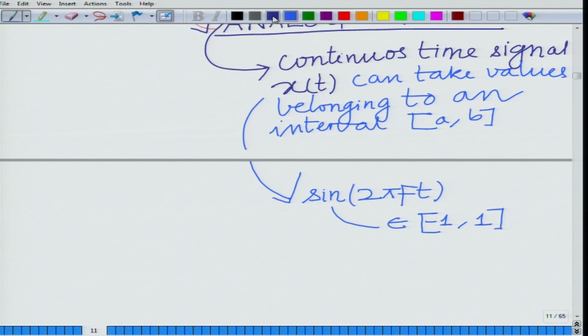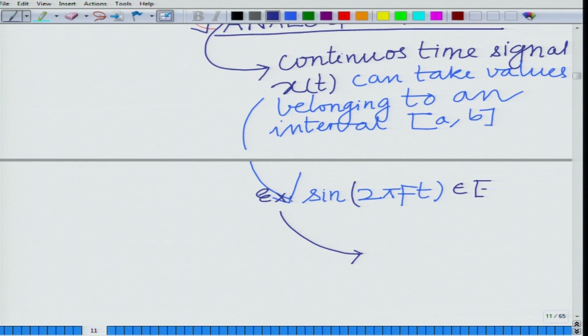For instance, another such analog signal, another example. So this is one example. Another such example is, correct, sin(2 pi f t), which can take all values belonging to minus 1 to 1, correct. And another such example is e to the power of t, which can take all positive values. So from t equal to minus infinity to infinity, this can take all values